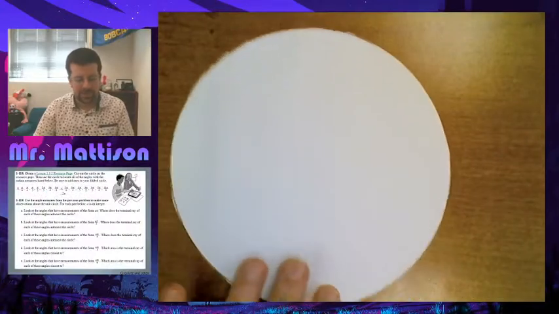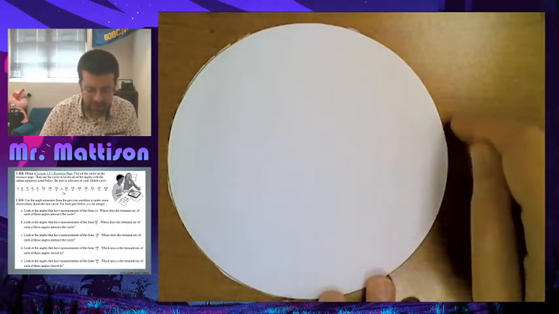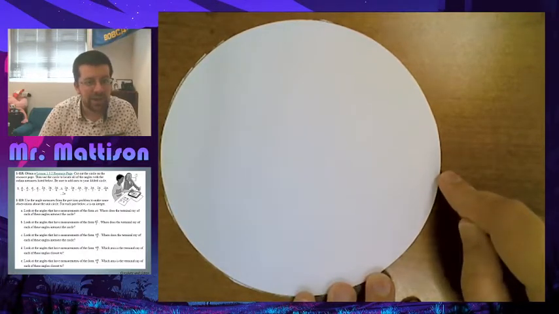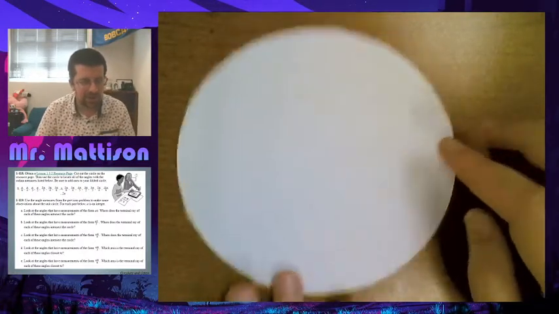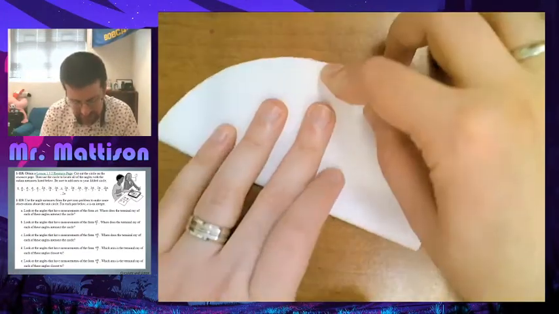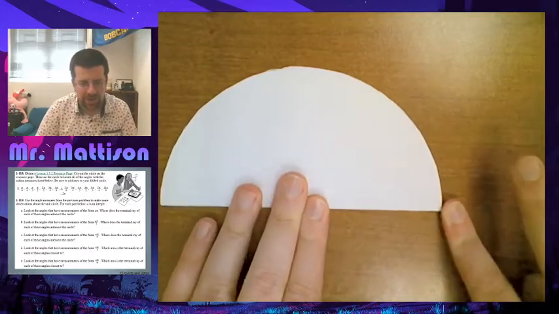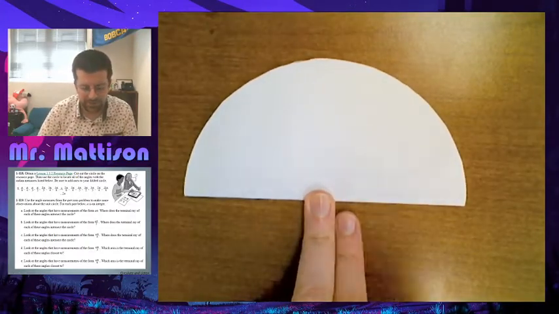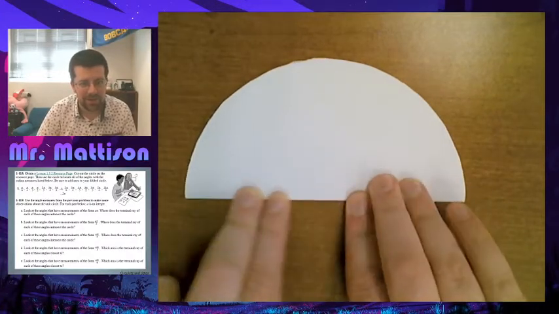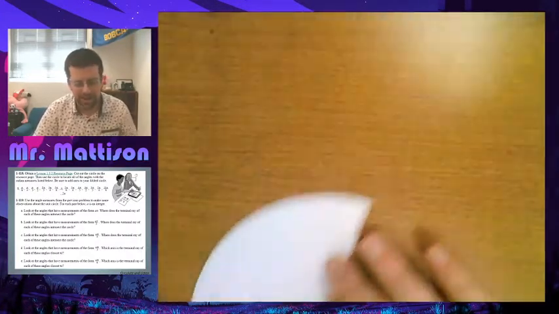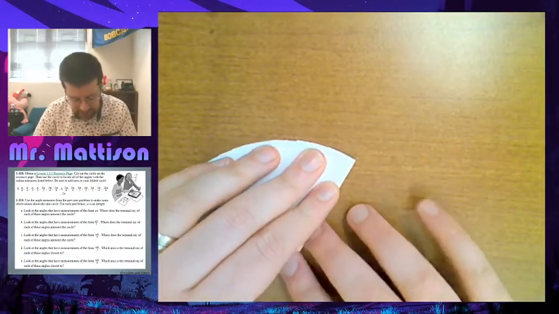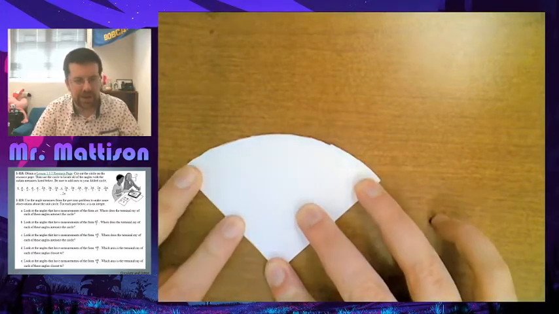What I have, the full circle right now, is 360 degrees, or in radians, it's 2 pi. So it's currently 2 pi. If I fold it in half, I've now taken that 2 pi, and the angle that I'm showing is 1 pi, just there to there. So make sure you fold it pretty well. And then if I fold it again in half, I'm now at